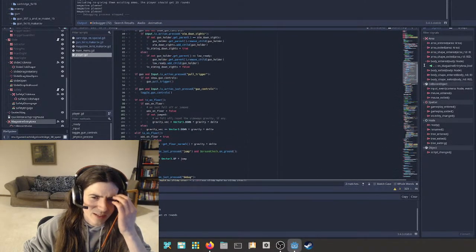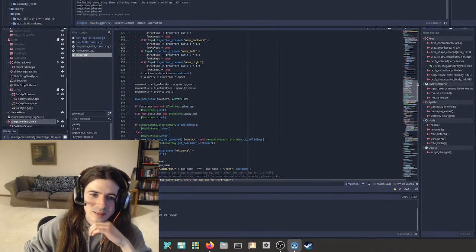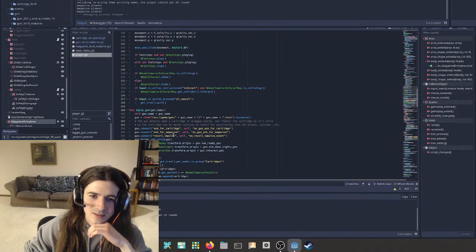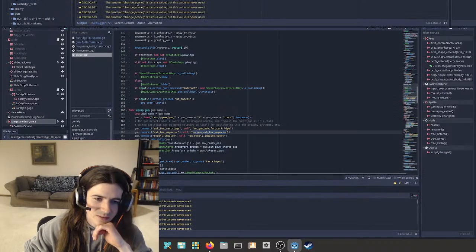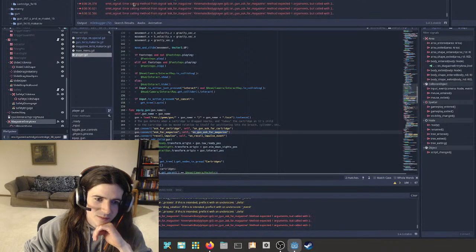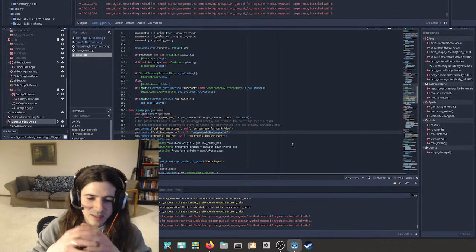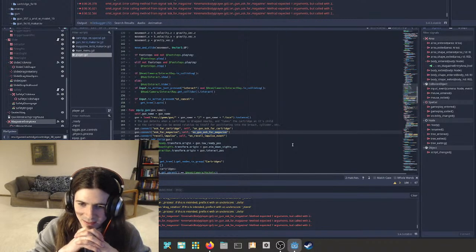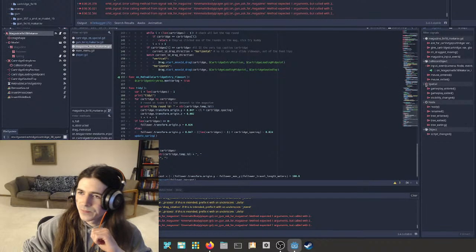Let me make sure I've got these handlers set up properly. So where's my equip gun? Right here. Connect, ask for magazine. On gun, ask for magazine. Was there any errors there? Emit signal error. Calling method signal, ask for magazine. Oh, method expected 1 argument but called with 2.